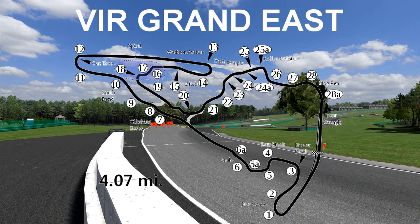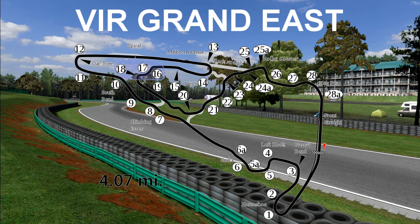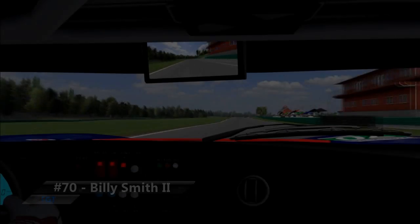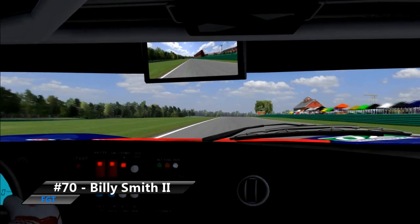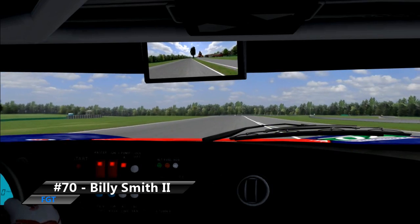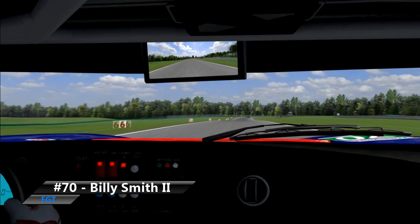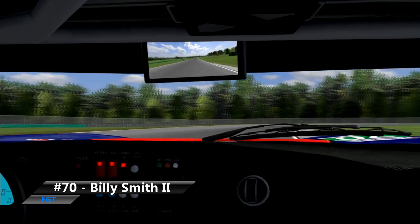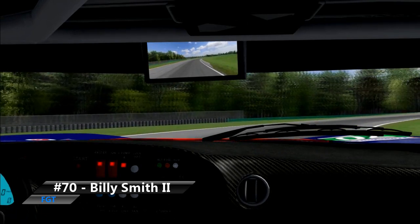And what better way to experience a circuit that you don't quite know much about, or want to get more familiar with, than to go on an onboard lap with the number 70 Billy Smith in his pole position lap in his Ford GT. So as we ride on board with Billy Smith in the Ford GT, you hear the engine roar into life as it heads in towards turn 1. Of course there are some key corners here, this being one of them. Brake very late, just around 20 yards away from the corner, hug the apex slightly to sweep the car around